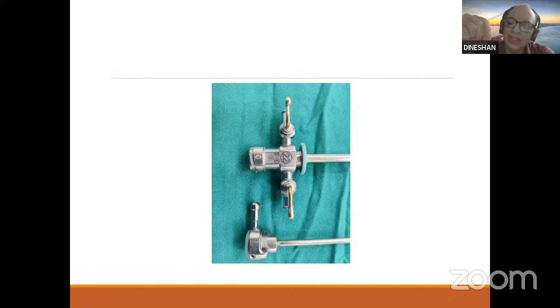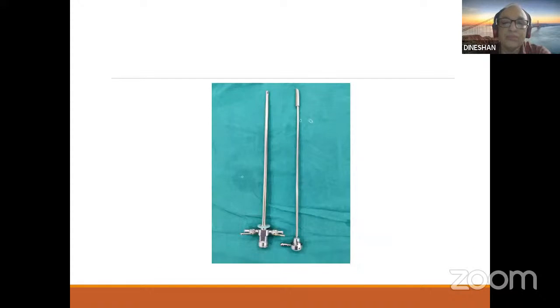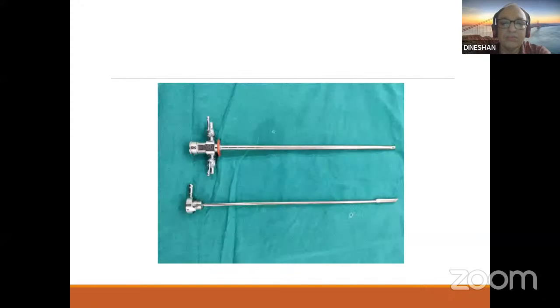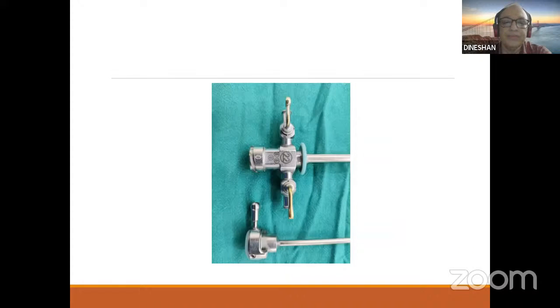Either any ureteric catheters or any other accessories, you can pass 2 simultaneously. This is the largest size, and the other 9 you can see here. That is a single large equipment, the largest single equipment which can be passed through the working channel. And you can see the color coding also.